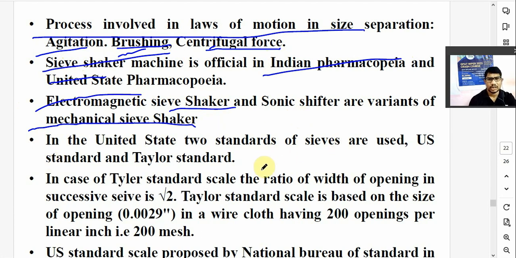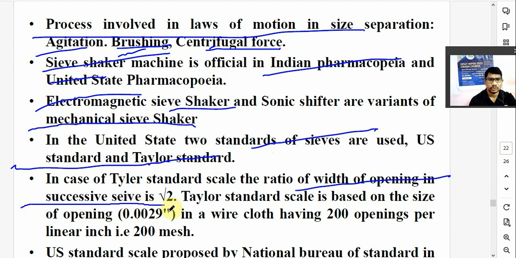In the US, two standards of sieves are there. You know that US standard and Taylor standard. दो स्टैंडर्ड होता है, यूएस स्टैंडर्ड होता है, टेलर स्टैंडर्ड. इन केस ऑफ टेलर स्टैंडर्ड, तो इस टेलर स्टैंडर्ड में क्या होता है? Ratio of width of opening in the successive sieve is a square root of 2. Square root of 2. Taylor standard scale is based upon the size opening of